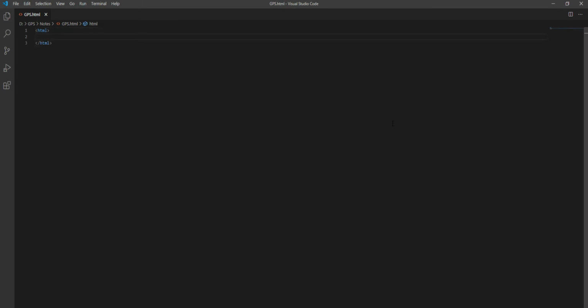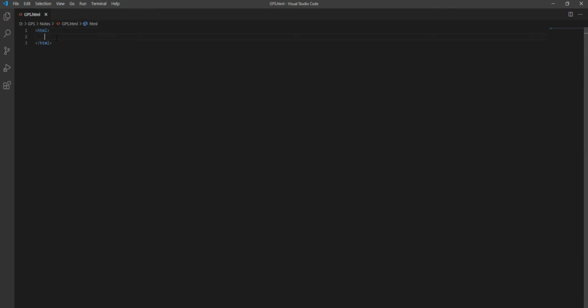As we know, tags are divided into two categories in HTML language. The first one is the empty tag and the second one is the container tag. What is the meaning of empty tag? An empty tag is a tag which only requires a start, and we do not need to close it. And what is a container tag? A container tag requires a closing tag along with the starting tag. Just as you can see here, the first one is HTML, which is the starting tag, and the second is the closing tag of this tag.